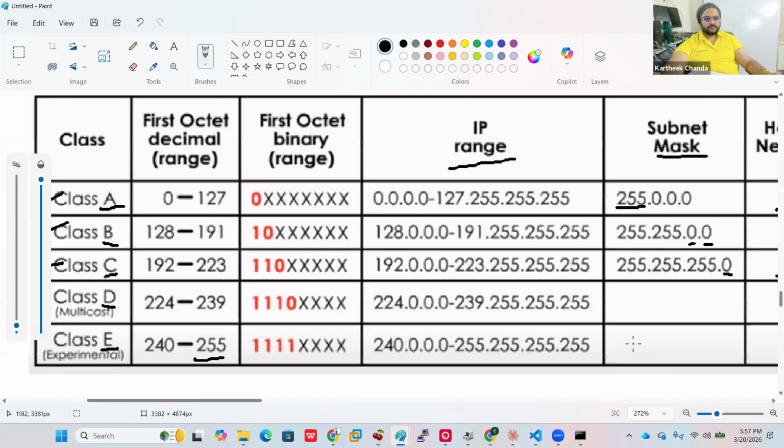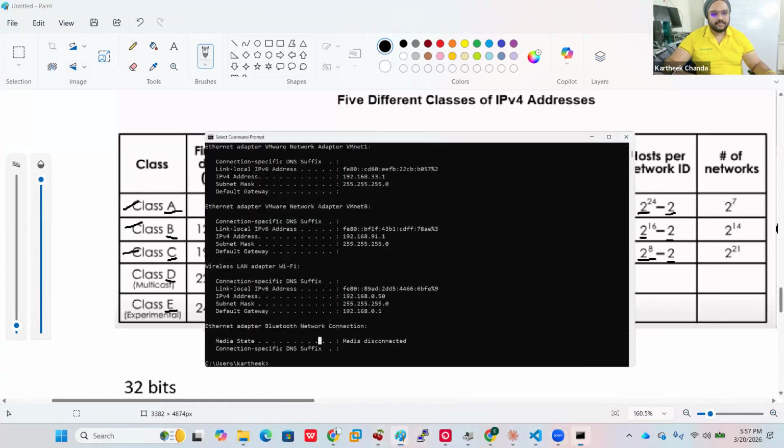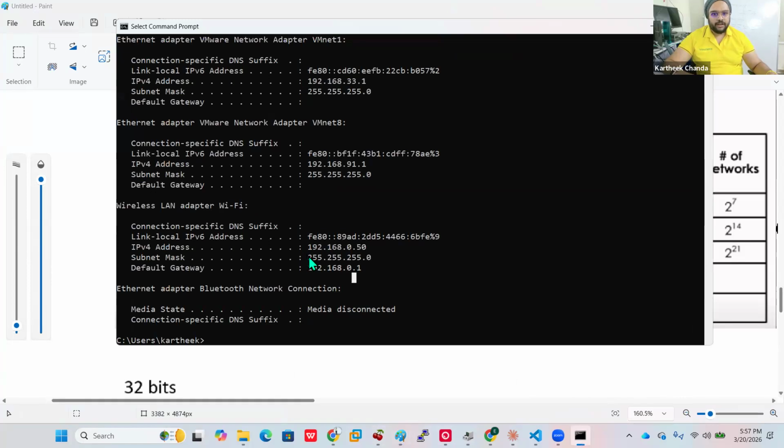So now let's get into subnet masking. When we are assigning ourselves IP addresses, or when we check our own IP address, we are able to see the subnet mask. As I told you, it's very simple. So when you are in class C, you'll have the subnet mask. If you see in the subnet mask,